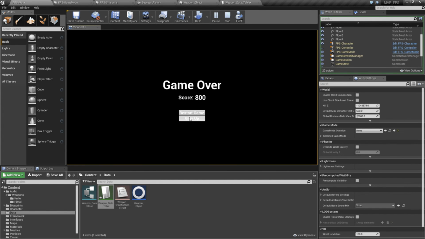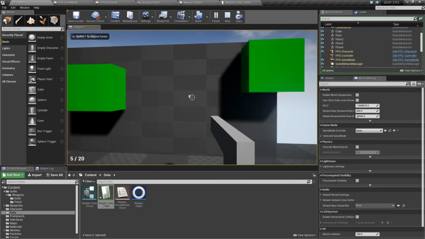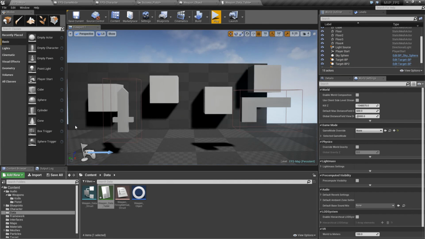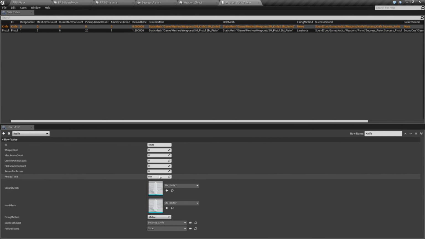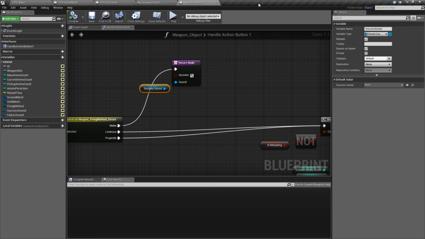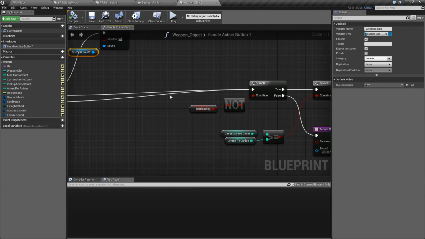Weapons are our main key here, and we have sounds working, which was our goal. And we have a reload timer working. The nice thing is, because our data struct does have a reload time for the melee, we could basically treat that as a swing timer. So for example, we could set this up as 2 seconds and only allow you to swing once every 2 seconds. Which technically,